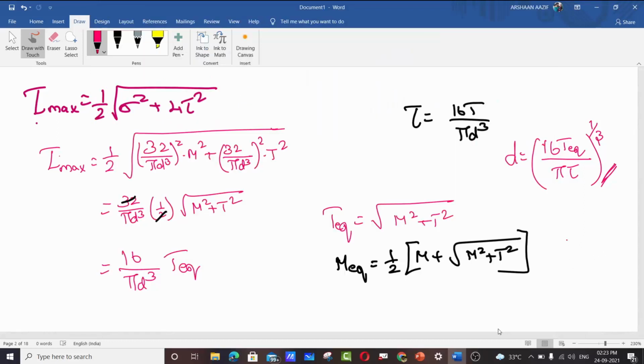So with the help of these two equations, design of shafts will be done for the various type of loading. Maybe there will be a pulley where the load is transferred and the power is transferred. Maybe there will be a gear mechanism in between the driving and the driven shaft. Based on that, we will be solving few problems in the upcoming lectures.